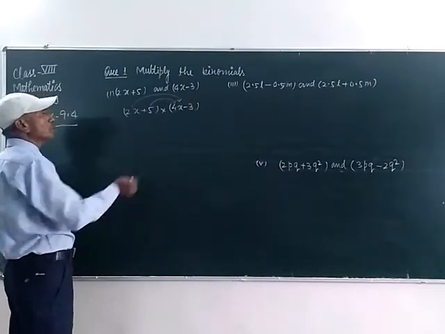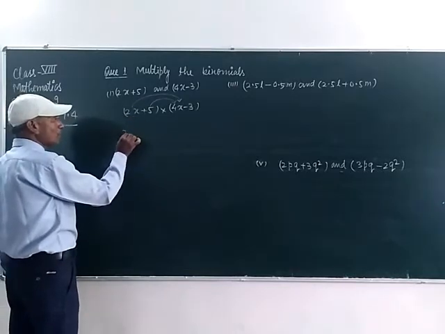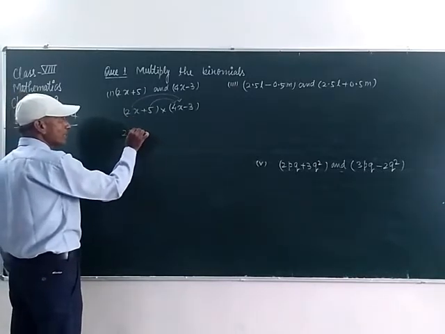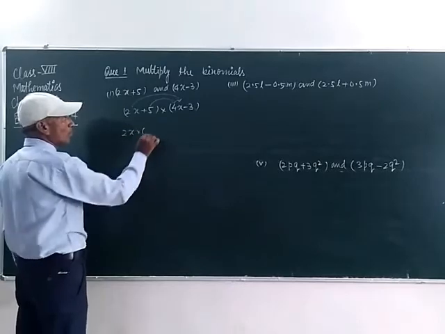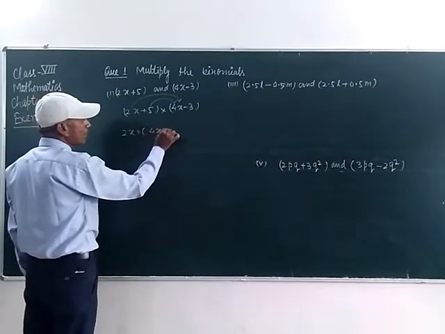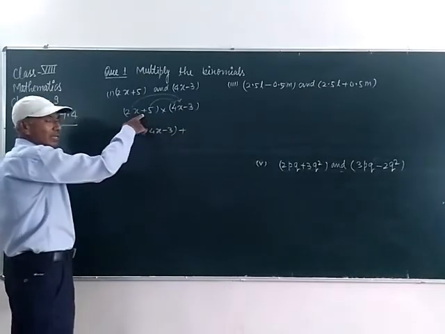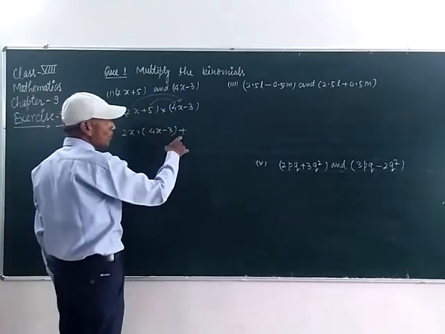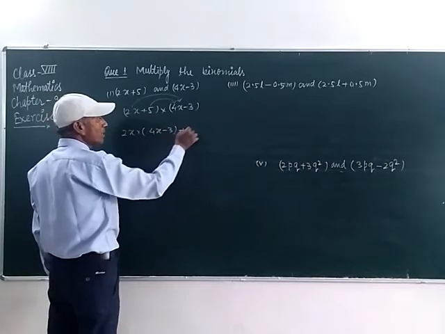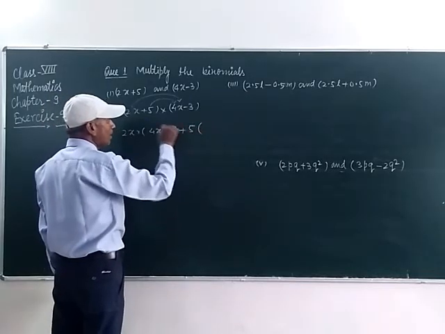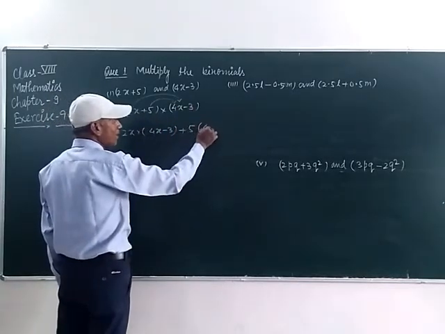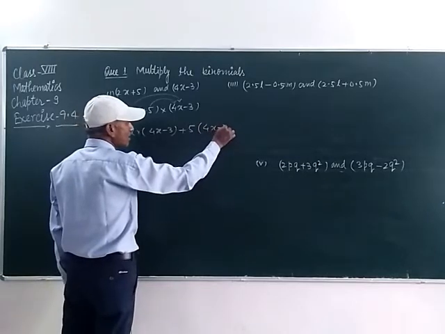Clear? So first of all we have to write this 2x into 4x minus 3 plus, because it is plus, we have to put the positive sign, this one plus 5, it will be multiplied by 4x minus 3,